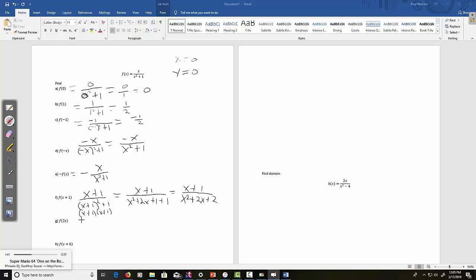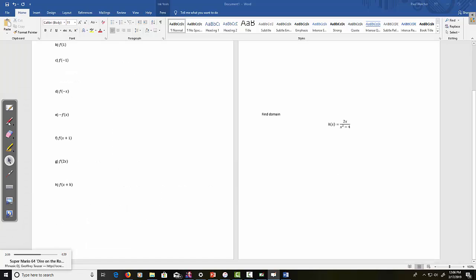F of 2x, well, that would give me 2x over 2x squared plus 1. All right, that would equal 2x over 2 squared x squared, so 4x squared plus 1. All right. And for our last one, sorry, I had to get rid of my notation there. For our last one,